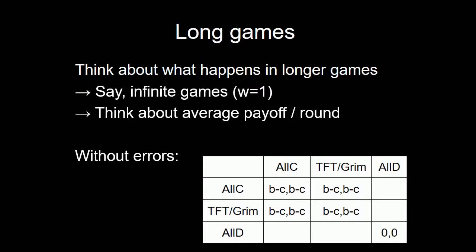And when two all D players play each other, they just get nothing every round. And when an all D player and an all C player meet in every round, the all C player cooperates and the all D player defects, so the all D player gets B and the all C player gets minus C. But now, if you think about what happens when all D plays against Grim or tit for tat, in